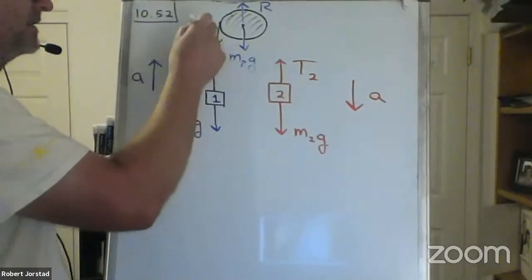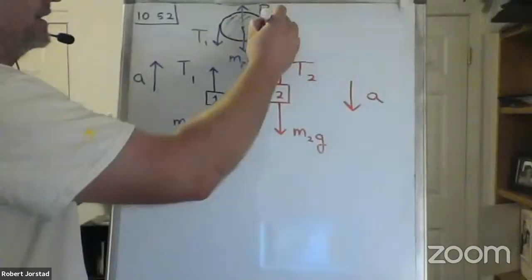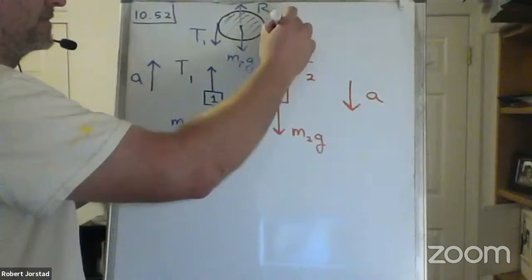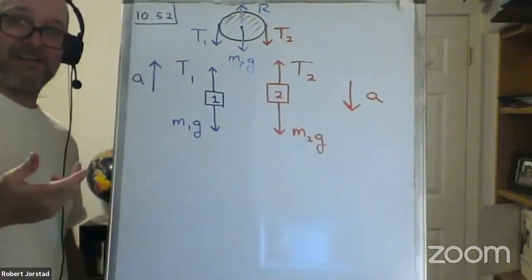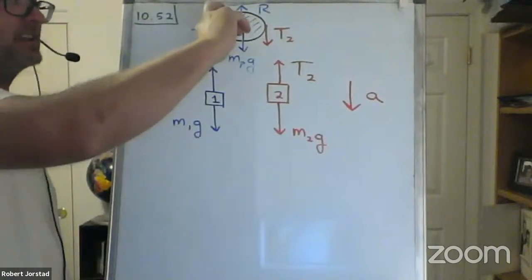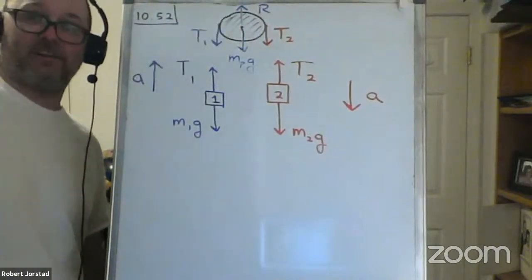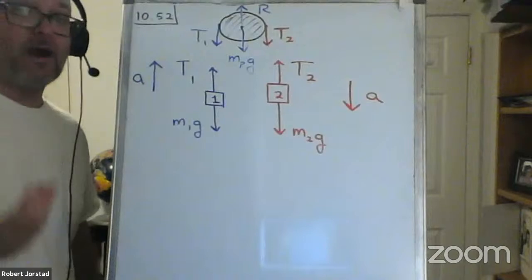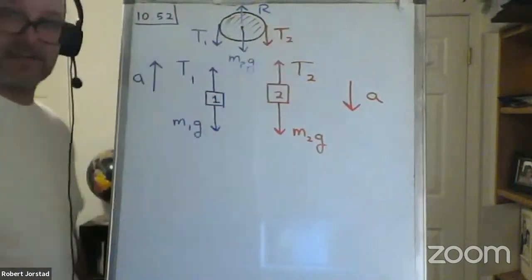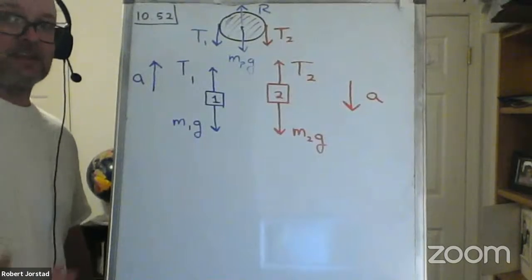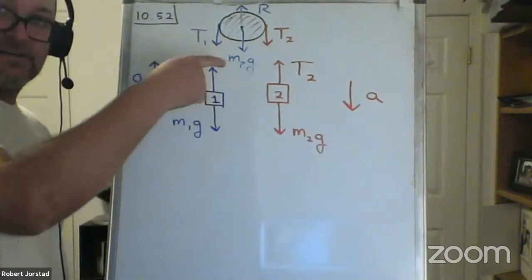And then you got 2 tensions. Yes. Tension acts down this way. And now here's the thing that's a little bit weird about this. In reality, the string is actually exerting a frictional force on the pulley. However, that frictional force is equivalent to these 2 tensions. Think about it. If there was no friction,